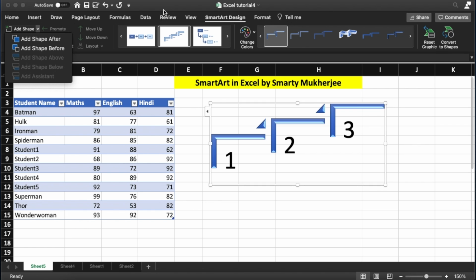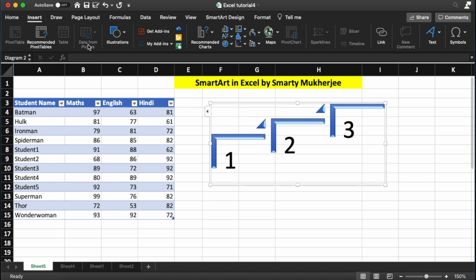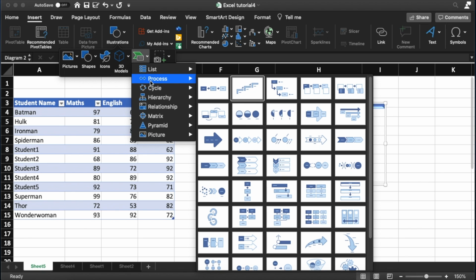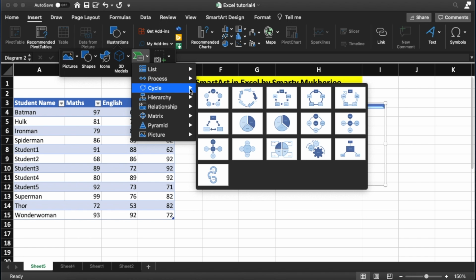If you go back to the same option here, let's go to Illustrations again and go to Smart Art. You see there are options for making these process charts like this. It will make your life so much easier if you knew this option earlier. Similarly, you have an option for cycle. If you are trying to show a certain life cycle, you can use this kind of chart.